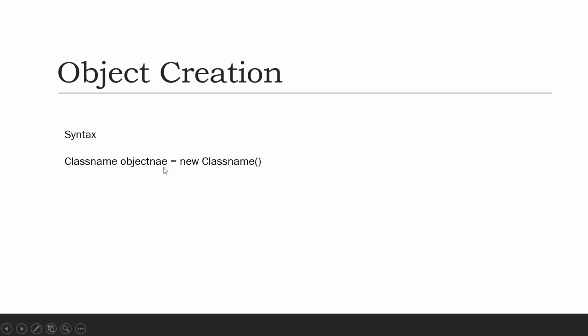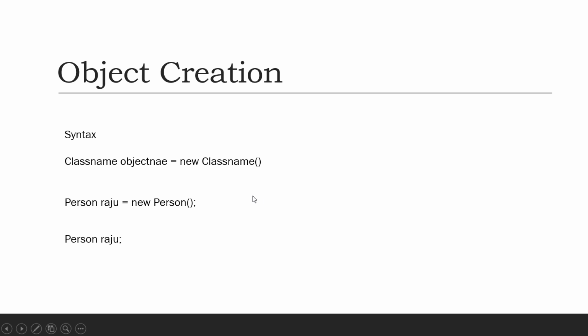Let's say we want to create an object called Raju. Raju is a type of Person, right? So we can write something like this: class name is Person, object name is Raju, then equal to new Person. Here new is an operator that creates the object of the Person class. Hence the right side of the statement is responsible for creating the object. What about the left side? The left side is responsible for storing the object that has been created on the right side. So we are storing the object in a variable called Raju. This is how we can create the object of the class.